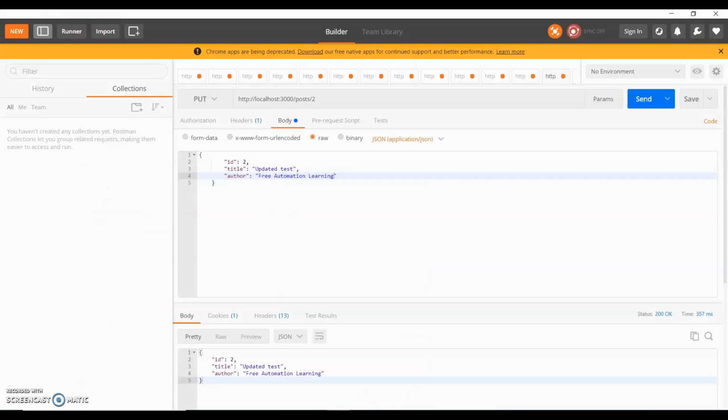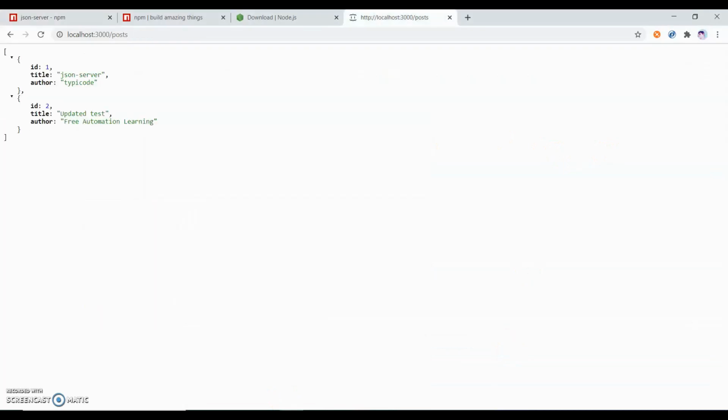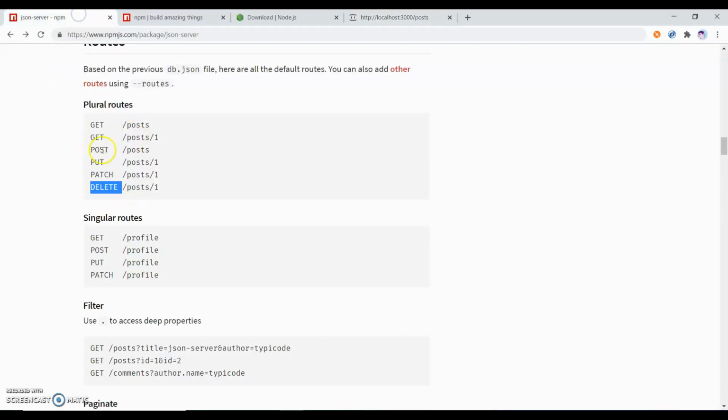So we have seen the GET request, we have seen a POST request, and these are DELETE requests. If I want to delete this user, what I do is I just go and refresh. Now I will check whether my user is deleted from the database or not. So you can see my user has been deleted. For this we have to use a different method. You can see there are multiple methods we can use.